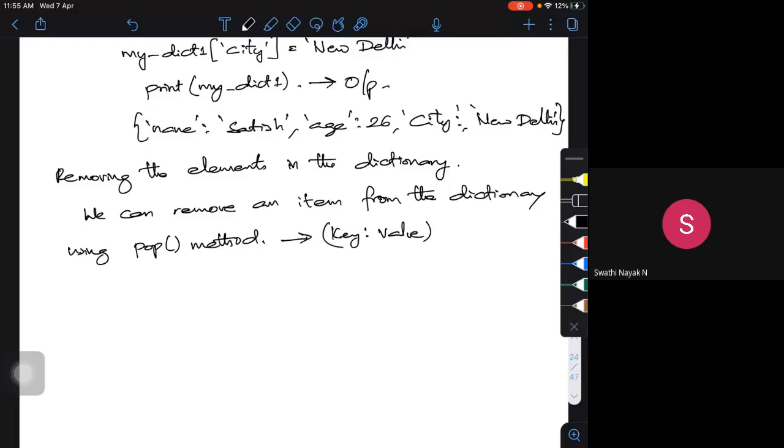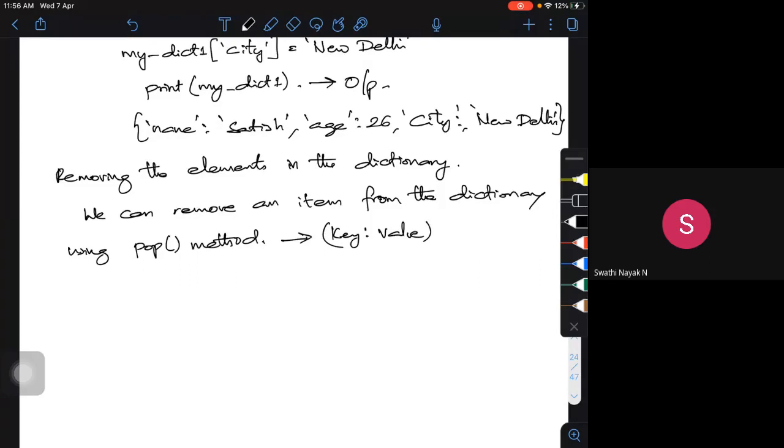If you want to clear all the items in the dictionary, use the clear function. If you want to delete the dictionary itself, use the del command. All the options we have been trying in lists and tuples can be used here, so I'm not going to discuss clear and del.